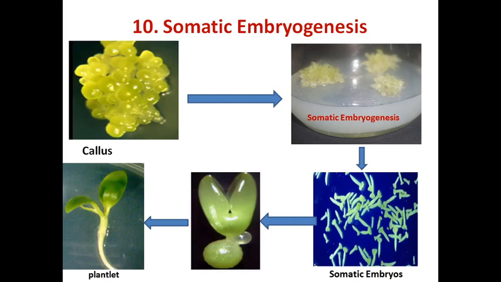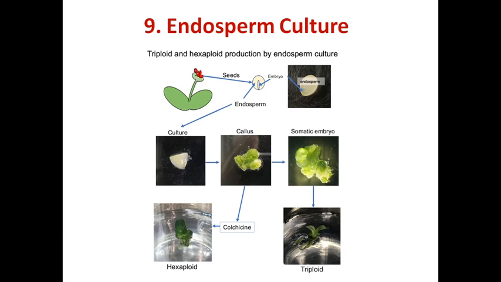So students, lastly, immature endosperm culture is also there. It is the in vitro development of isolated immature endosperm, isolated at a precise stage from the immature seed and cultured on a suitable culture medium to obtain a triploid plant. Triploid plants are desirable in crops such as apple, banana, grapes, watermelon, and mango. Endosperm culture is a novel method for triploid plant production.